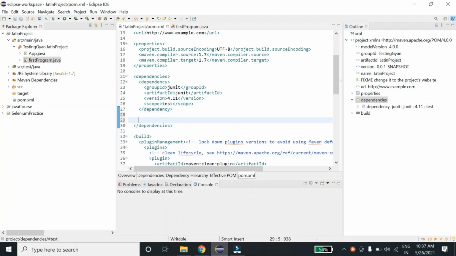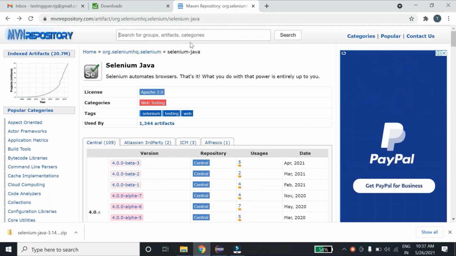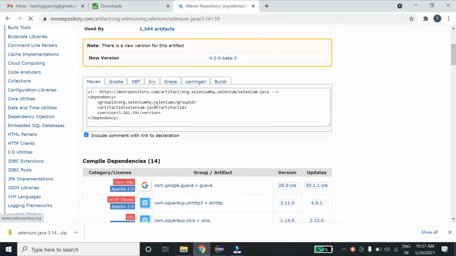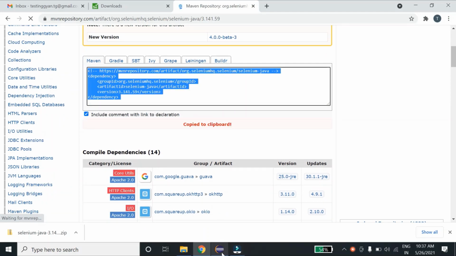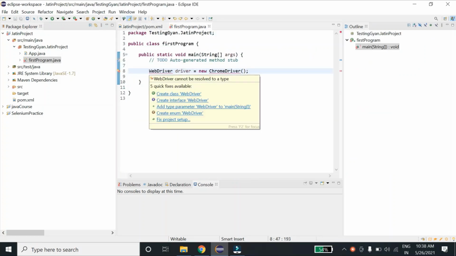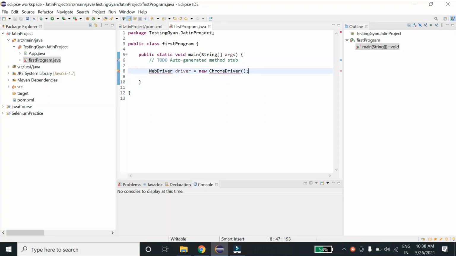rest. So to know which dependency you have to copy, you can go to Maven official website, and type the dependency which you want to use. Here we'll use this stable version. You just have to copy this and paste it over here. Make sure you are copying this and pasting this in this dependencies tag. So once it is done, click on save, go to your program, and now if you hover over here, it is building the dependencies. It is downloading the dependency. Let's wait for it to download the dependency.